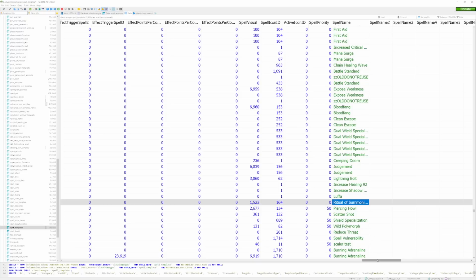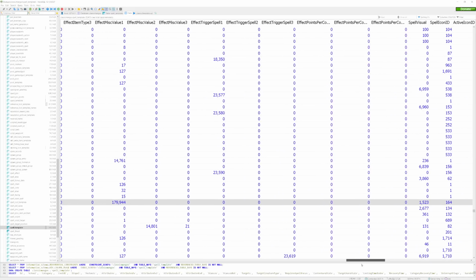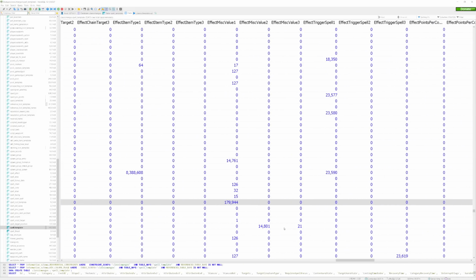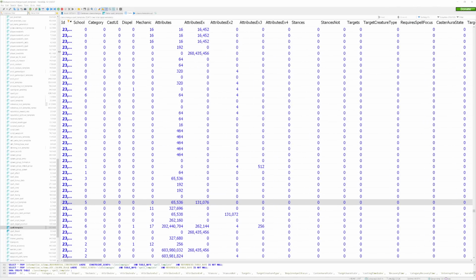Now you'll have to do some research online to see what different effects essentially affect what, but for the purposes of this spell, the only real thing that I need to change is this effect misc value 1, because this one, I believe, summons a portal object, as far as I can remember. So what I'm going to do first is copy the spell,